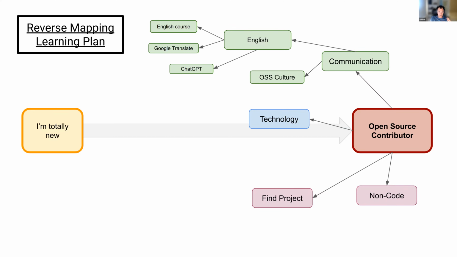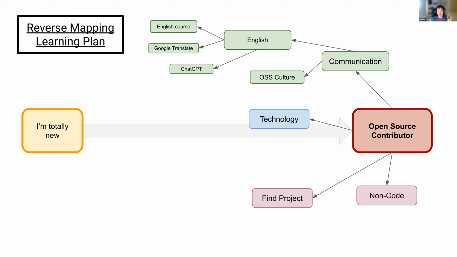Next step, to build our English skills, we would probably like to search for some English course. I mean YouTube free courses, whatever sources you can find. It's also good to learn to use Google Translate. And recently we have this amazing tool, ChatGPT, where you can start asking language related questions, discussing different situations with it, and use it basically as your English teacher, helping you improve your language.